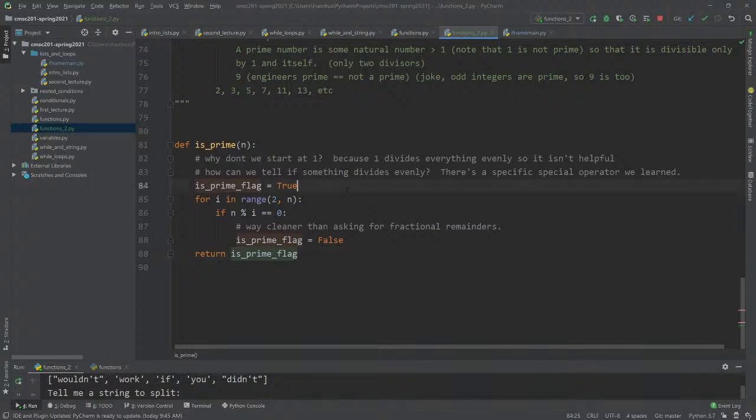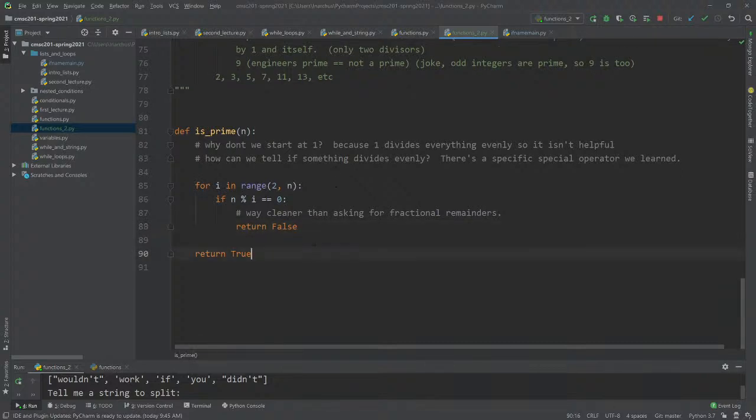But there's actually an even easier way to do it, which is this. The reason it's even easier is that as soon as it's divisible by one of those things, you know you don't have to worry about it ever again. If we find out that, say, 8 is divisible by 2, we don't have to keep going until we find that it's also divisible by 4. Same thing with 6. We find 6 is divisible by 2. It doesn't matter that it's divisible by 3, because we know it's already not prime.